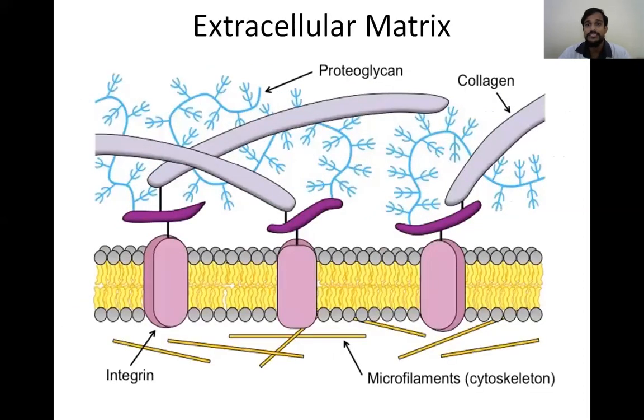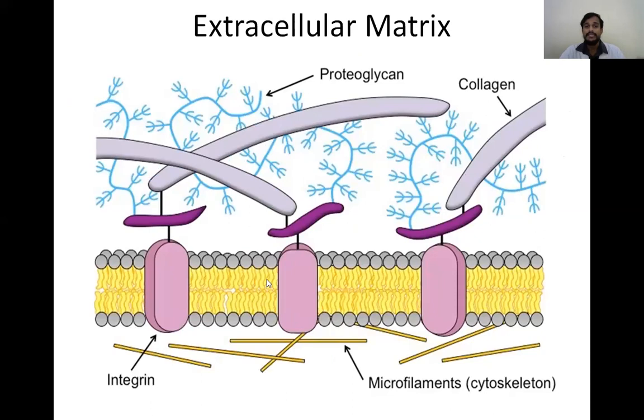So in this picture you can see the extracellular matrix, and this is the plasma membrane that surrounds the cell. We know in animals or animal cells there is no cell wall, there is only cell membrane. So this is plasma membrane, which contains a bilipid layer, that is two layers of phospholipids. So this is inside the cell and this is outside the cell, which is extracellular matrix. So in this extracellular matrix you can see different macromolecules here. So we are going to see all the components of the extracellular matrix.